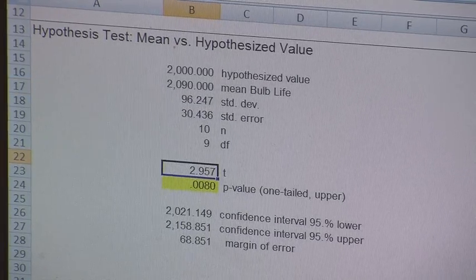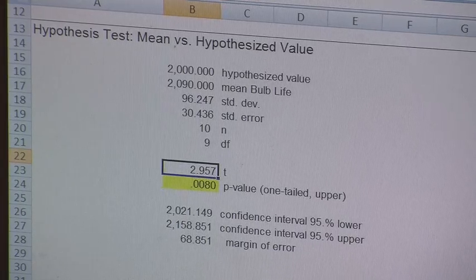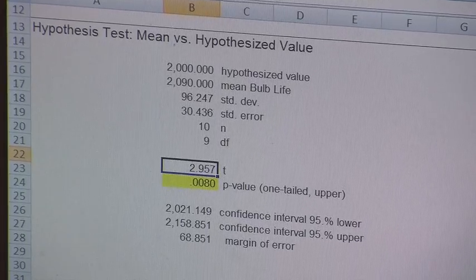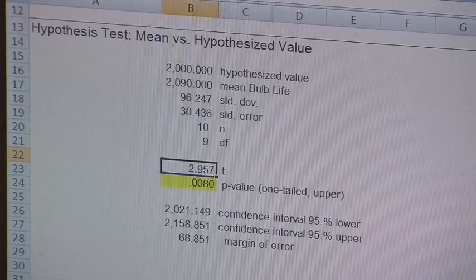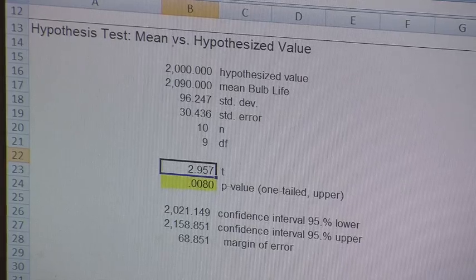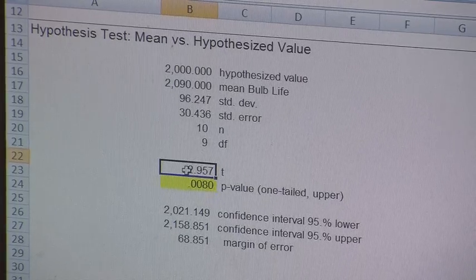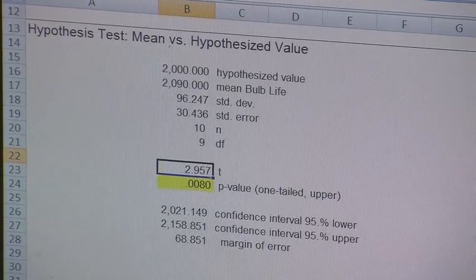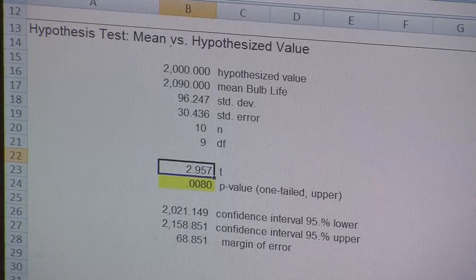Megastat calculates the t-value at 2.957 as well. You might also recall that the critical t-value from the table on page 377 was 1.833. So since our observed t-value of 2.97 is greater than our critical t-value of 1.833, that tells us to reject